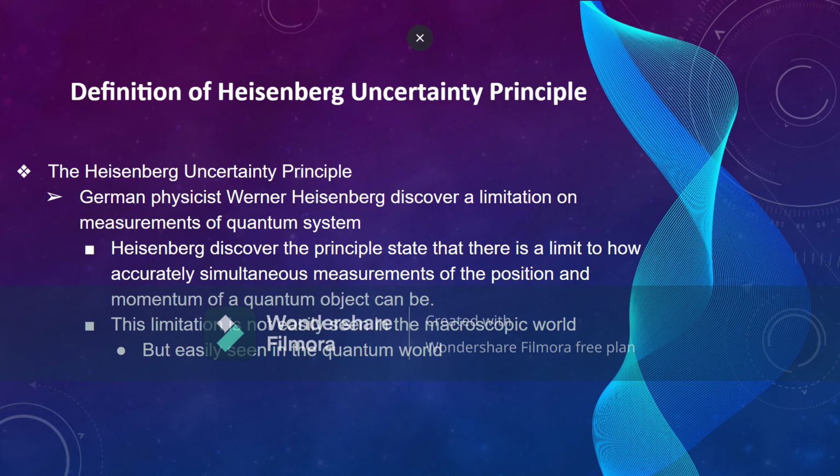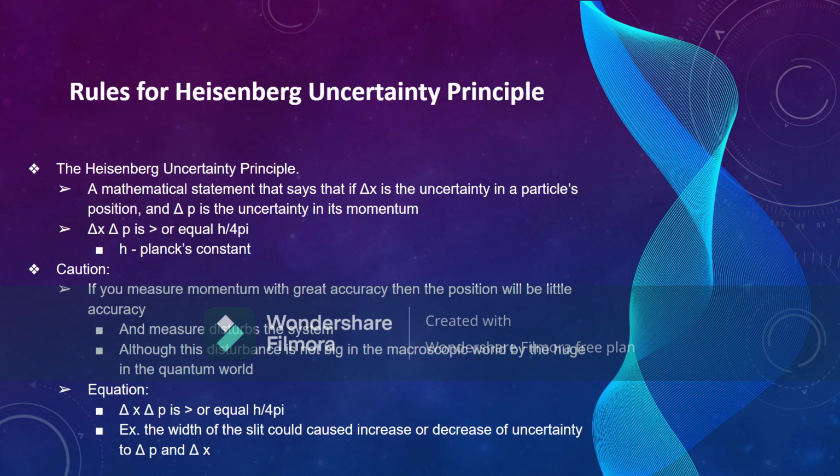The limitation is not easily seen in the macroscopic world, but is easily seen in the quantum world. The rules for the Heisenberg uncertainty principle: it is a mathematical statement that says that if delta x is the uncertainty in a particle's position, and delta p is the uncertainty in its momentum, then delta x times delta p is bigger than or equal to h divided by 4 pi, where h is the Planck constant. Caution: if you measure momentum with great accuracy, it means little accuracy for